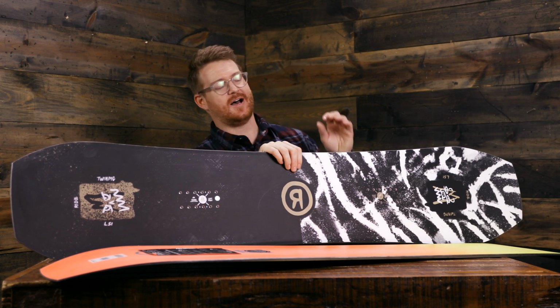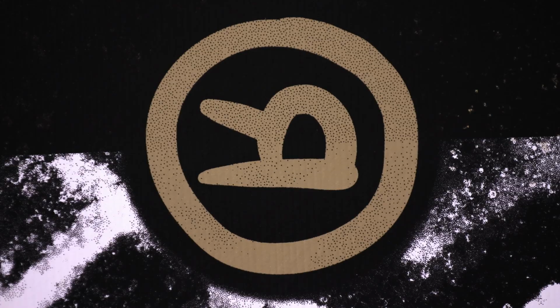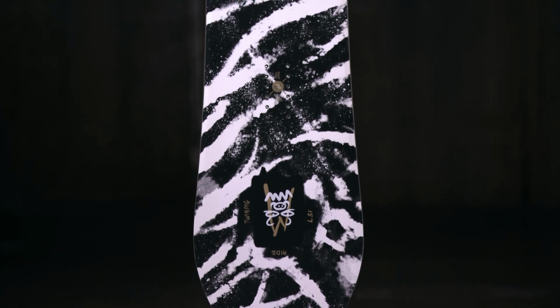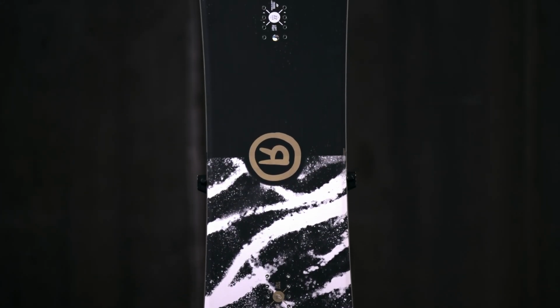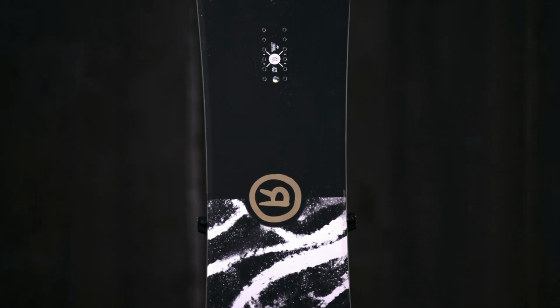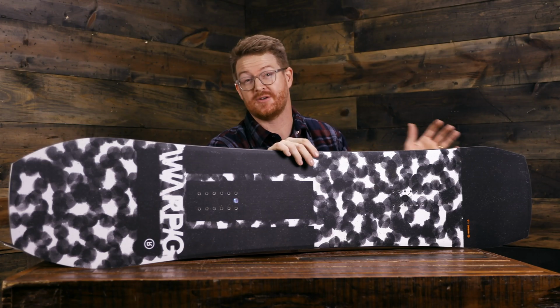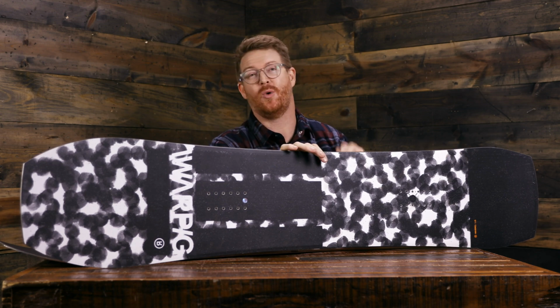Starting off with this one, this is the Twinpig. This is an asymmetrical park board. Asymmetrical meaning that there's one heel side edge and one toe side edge. It has a volume shift style, meaning you can ride it shorter. It's quite a bit wider. And this one, the Warpig, is also a volume shift style, short and wide, but it's for almost